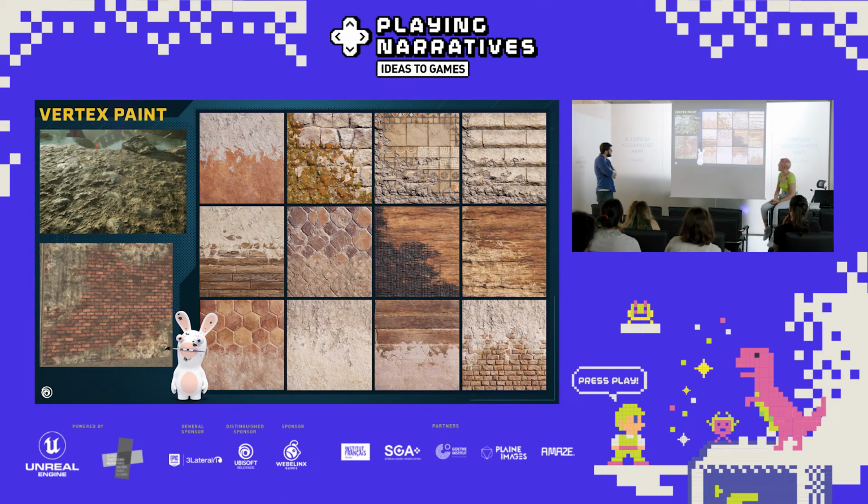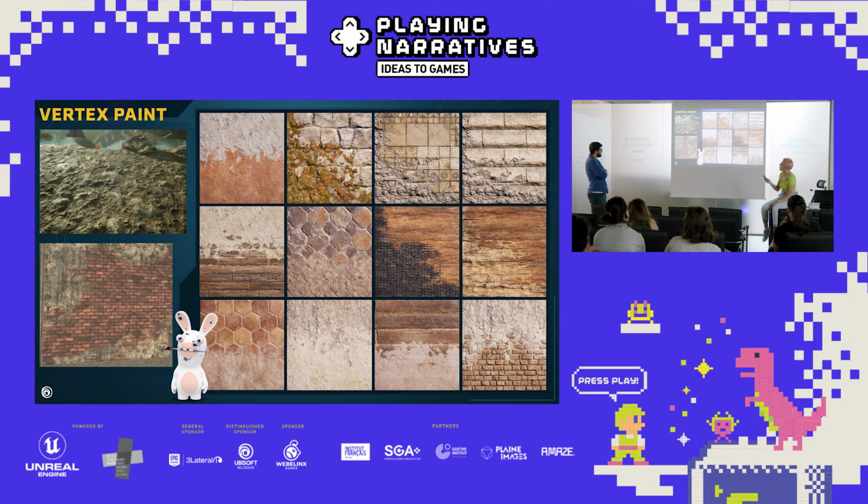Another part of texturing is vertex paint, which is a fun way for us to get a little dynamic with our materials. This can be done in 3D software as well as in some of the engines, and it's a tool to blend two or more materials together, so you get a more dynamic look. For example, you could get damage on the wall. This is the way that when we build nature, we paint on dirt roads and forests that are made of grass and stuff like that.